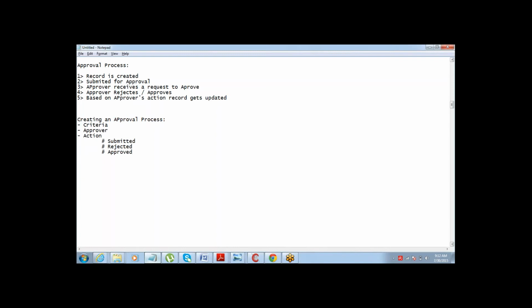Now let's define an approval process, and we will do an example. Let's take a scenario. Let's say my company has a system where any opportunity with an amount greater than 50,000 requires an approval from XYZ user, any user, it can be anyone.